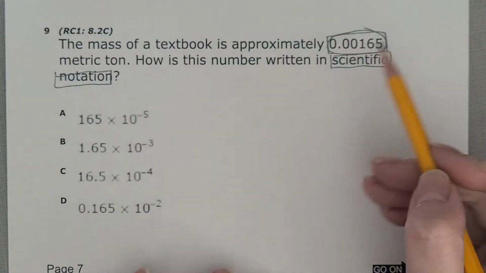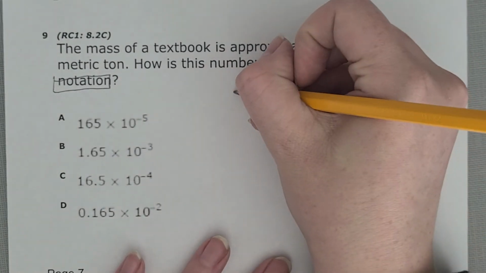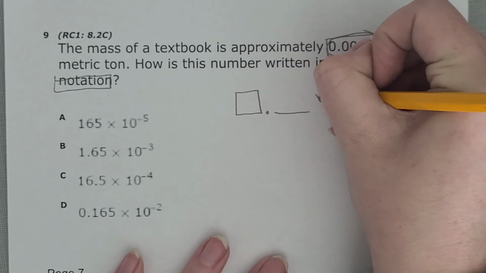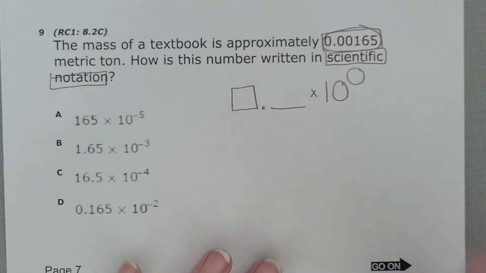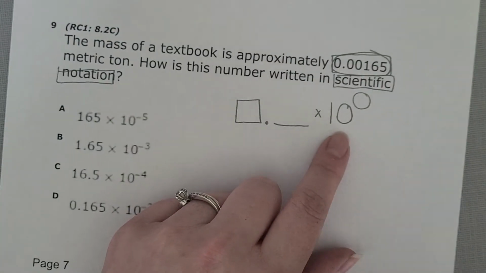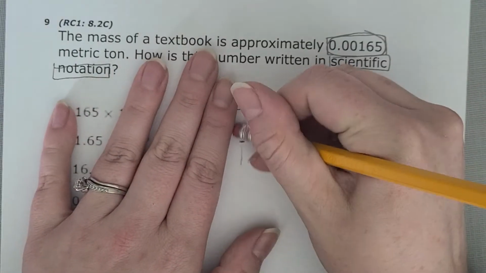All right, so scientific notation is telling me I'm going to have to rewrite this. And I know scientific notation has one number to the left of the decimal, okay? And then it's multiplied by 10 to some kind of power or an exponent, all right? Because we're removing place values, okay? So if I have the number, oops, not 1. If I have